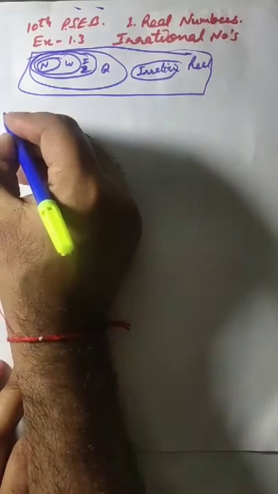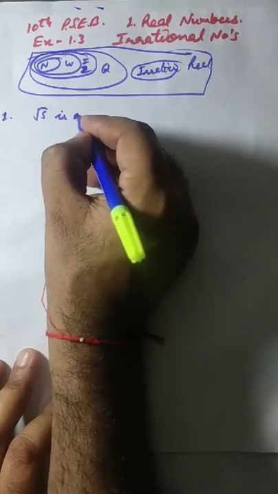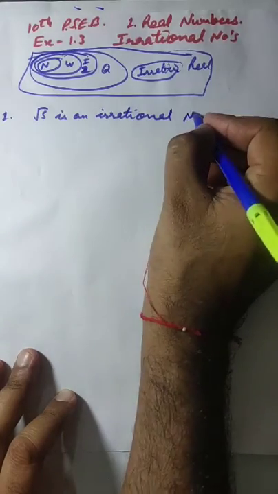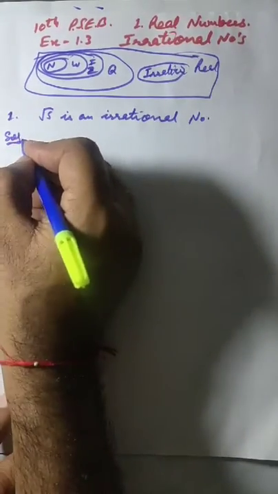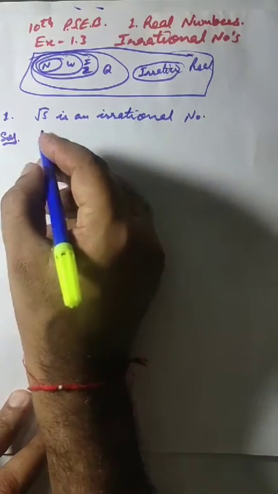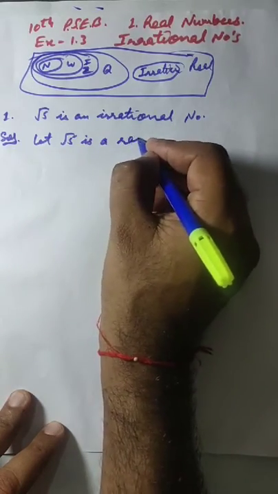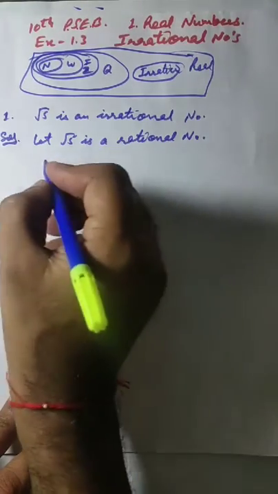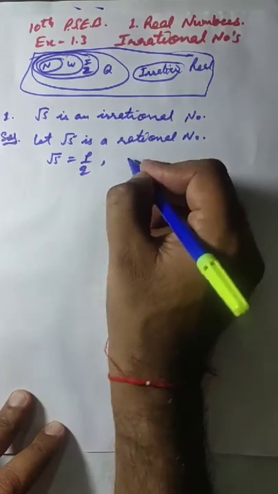Let us start with example 1. We are to show that root 5 is an irrational number. As we know, a rational number is in the form of p by q. Let us suppose this number root 5 is a rational number. As root 5 is rational, we can write it in the form of p by q, where